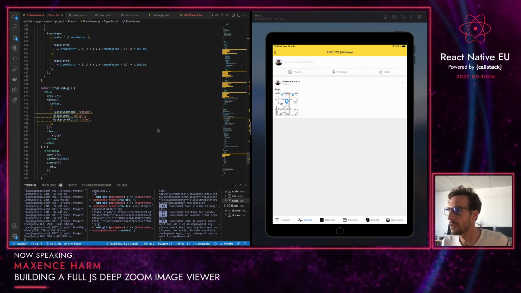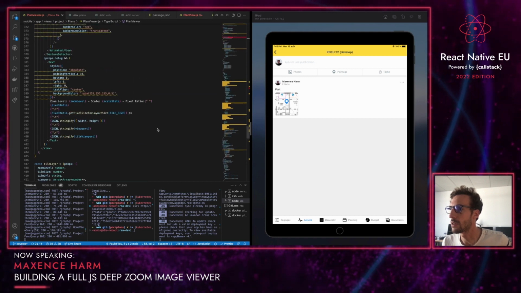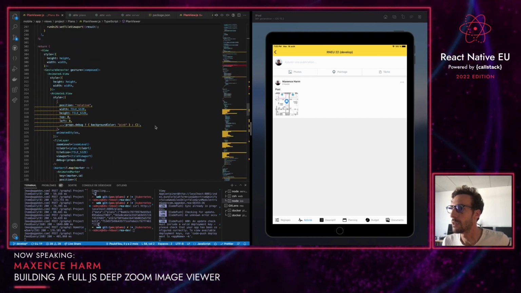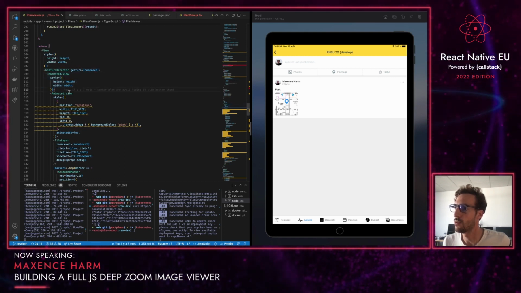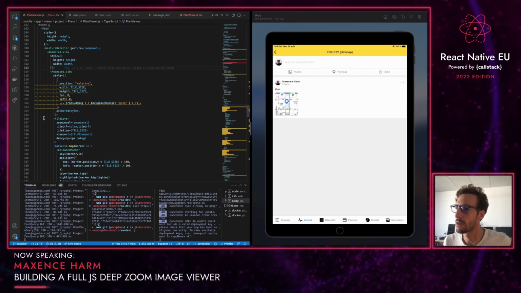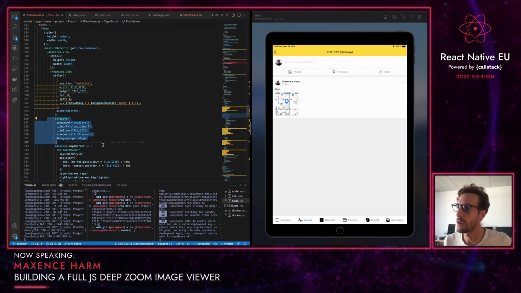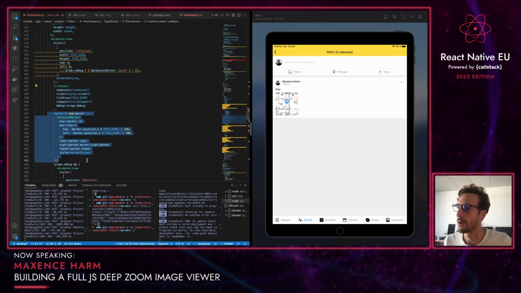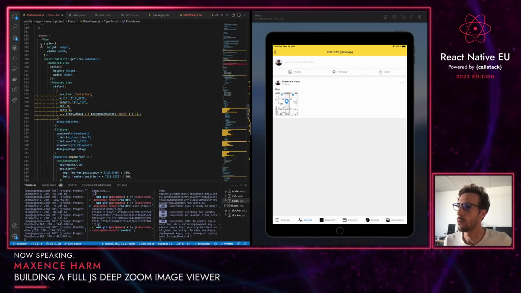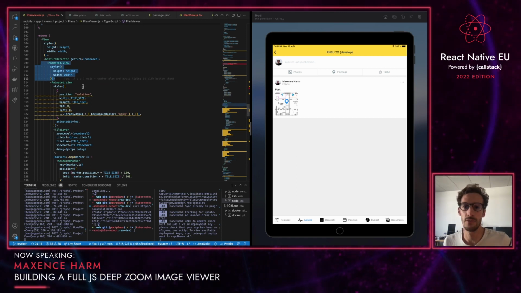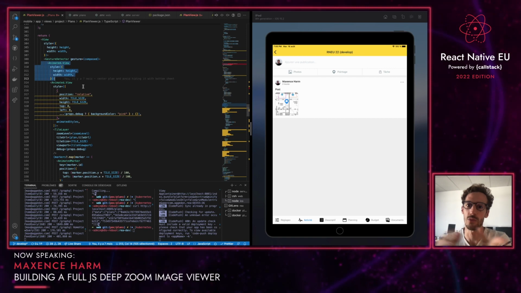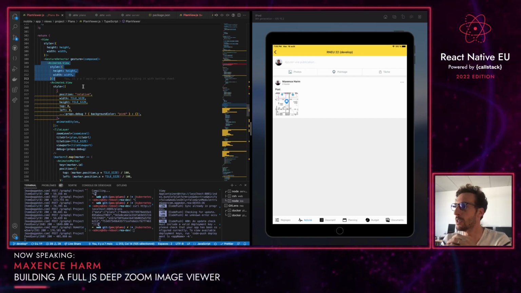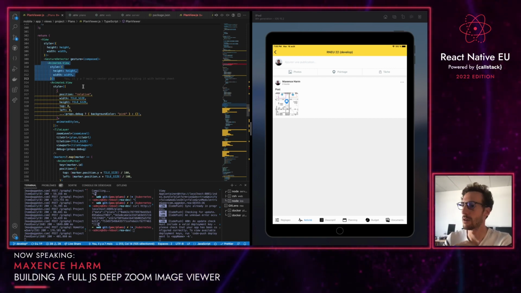As you can see in the JSX, we still have a view and then our gesture detector around an animated view, and then inside of that we will have our tile layer component and our markers. So the behavior of this container is really close to what we had before in our image viewer. And inside of that we have the tile layer,